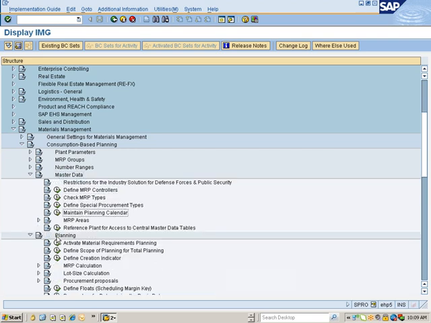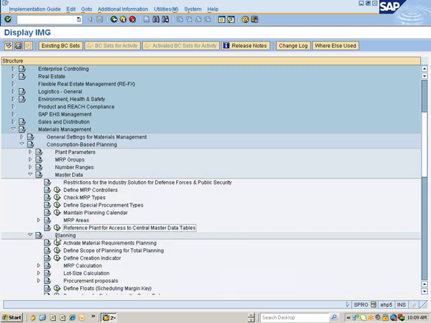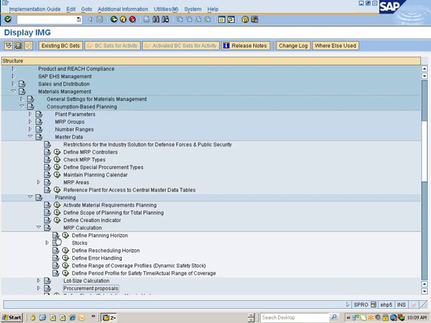We have maintained planning calendar, we have done with MRP areas, and then activate material requirement planning, we have done this one. Scope for planning, we have seen. Define creation indicator, we have done with it. MRP calculation,